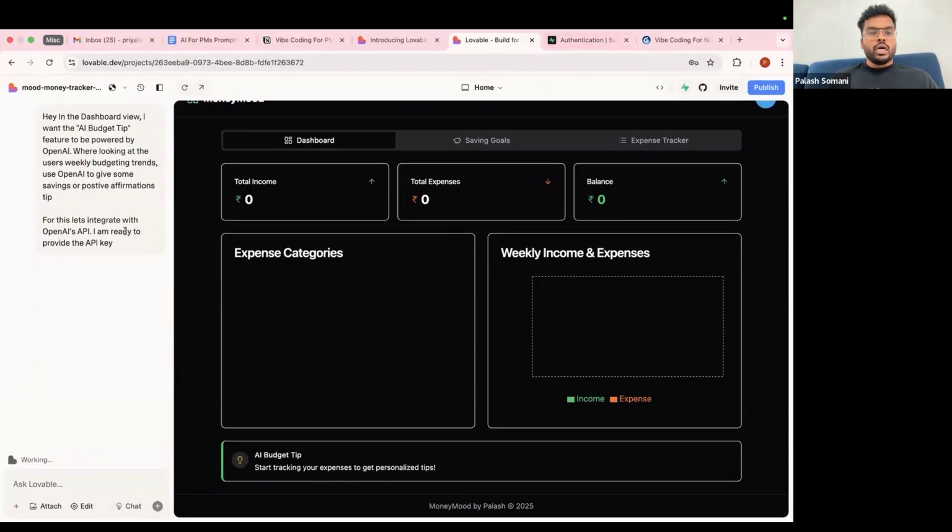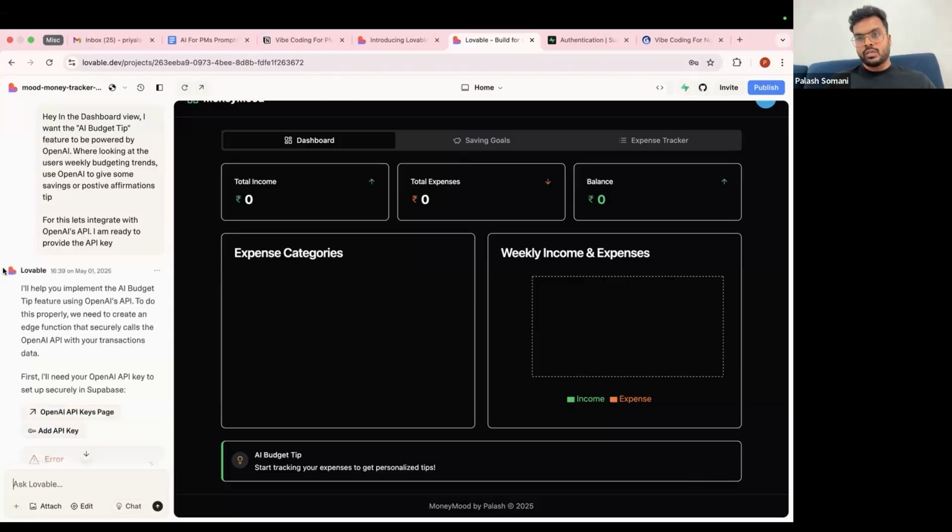What Lovable has a very interesting way of handling things is that normally your API keys are supposed to be stored in an environment variable. An environment variable is nothing but your backend variables, so that nobody without proper authentication or security checks can access those links. Because API keys, while you can get them from OpenAI, are powered through your payment credits. And those credits, if they are available to other users, they can basically try to use them